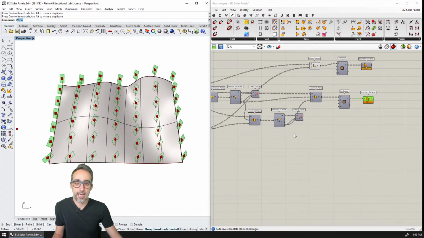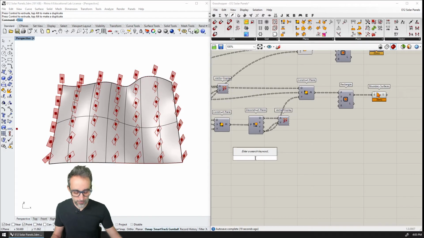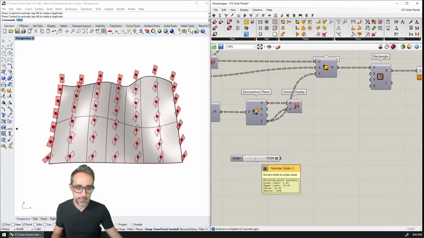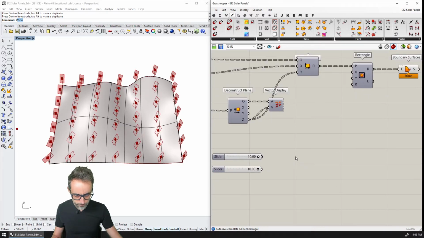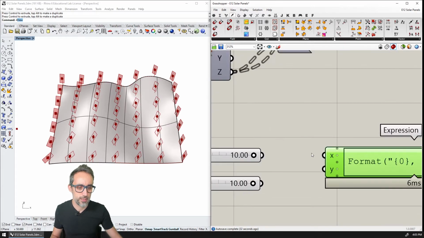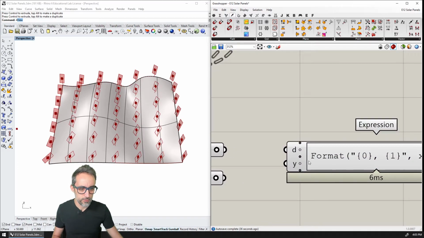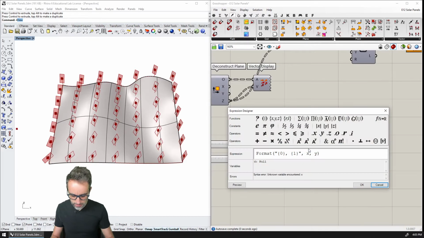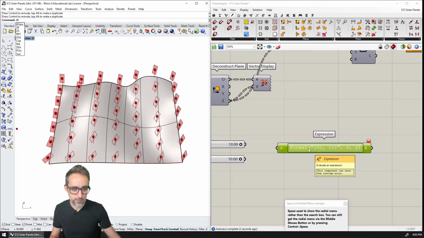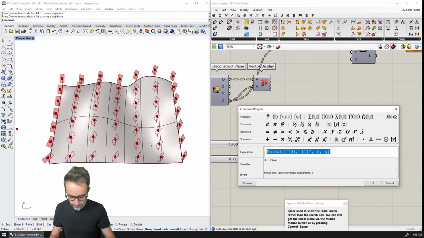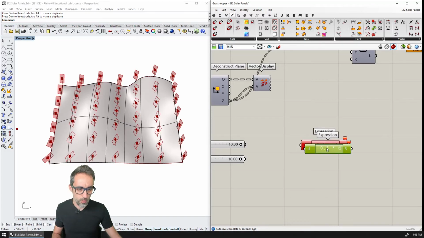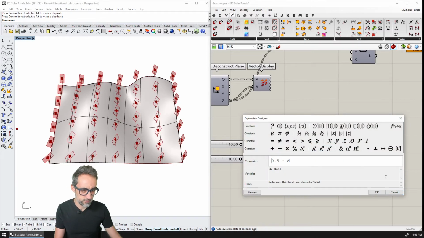So let's add a little bit of parameters here. I'm going to add, for example, the size in the X direction and the size in the Y direction. Then, you remember how I have the expression, this is going to be the dimension, and then this is going to be minus 0.5 times the dimension, and this is going to be positive 0.5 times the dimension.